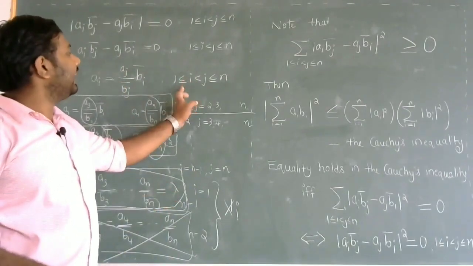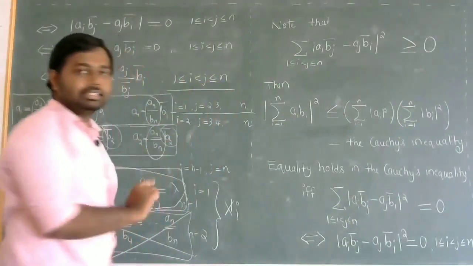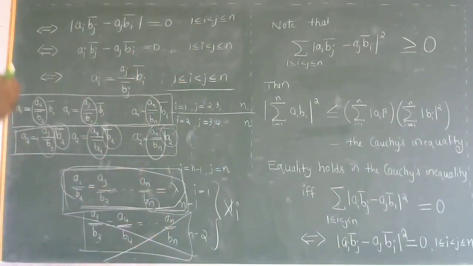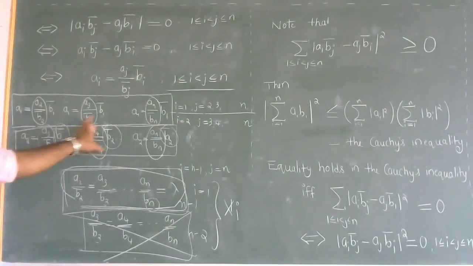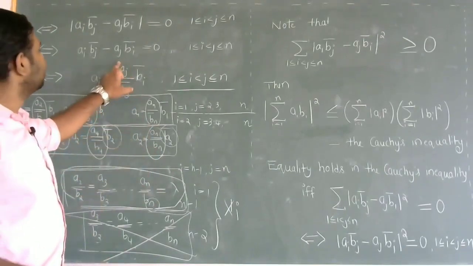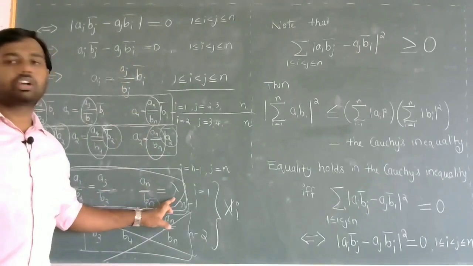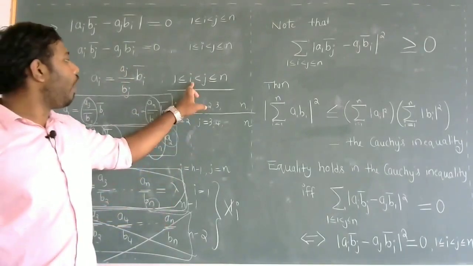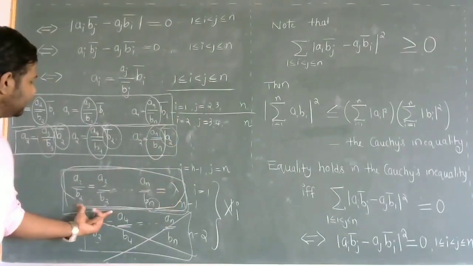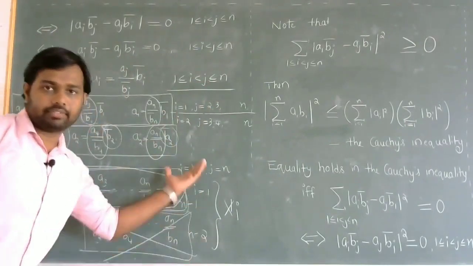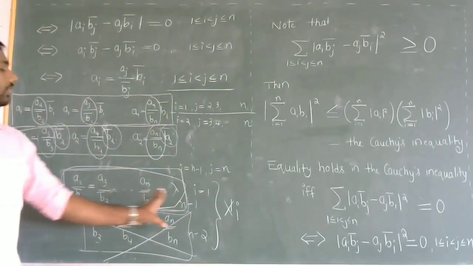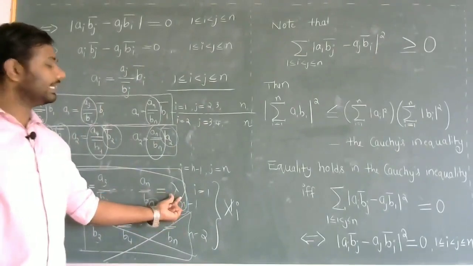That means as i and j vary over all these possibilities, you will get all such equations. If you observe those equations, all these fractions will be nothing but one and the same. That means aj by bj bar is a constant. It is a constant for all i and for all j values. And if I vary i, you will get the same fractions itself. So you will get all those to be equal to some constant value.